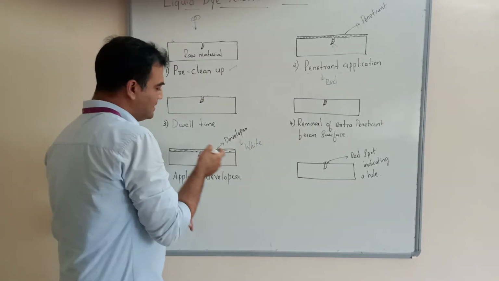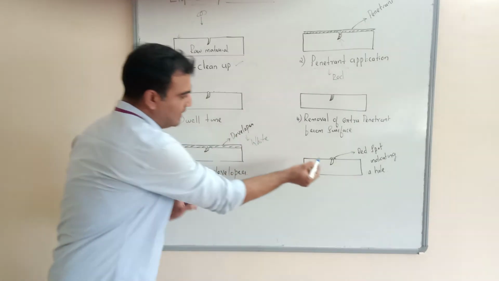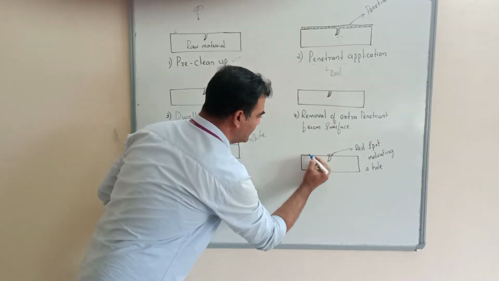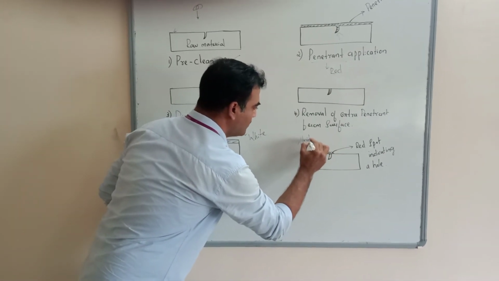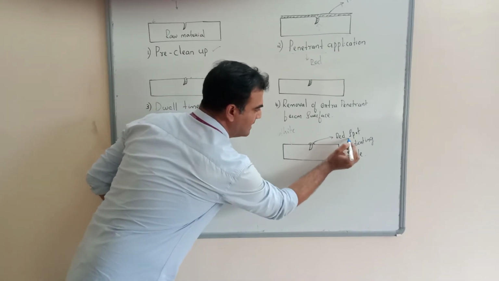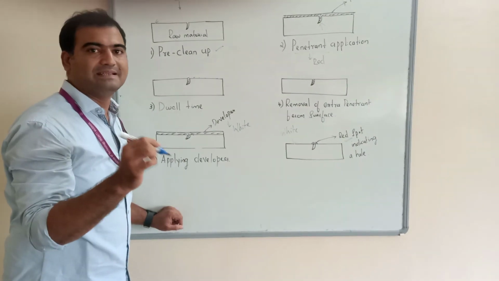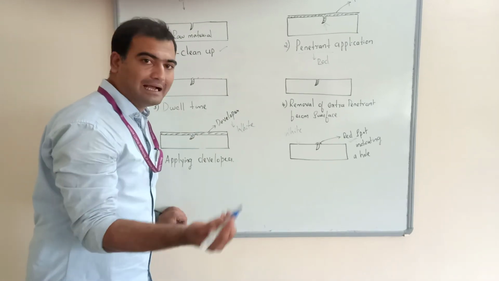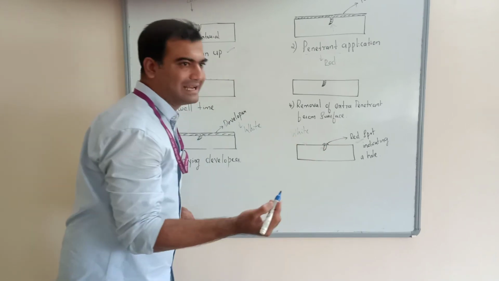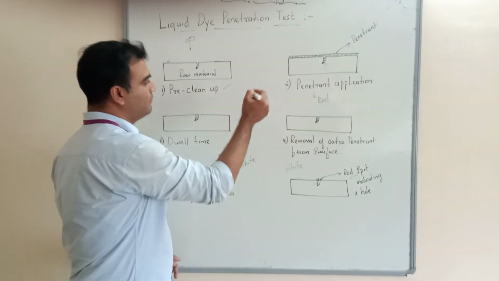So the rest of the surface is white because of the developer, but the spot where the flaw is there appears red in color. That indicates that the surface has a flaw in it. So we can conclude from this that the surface has a hole or a crack on it. In this way we can use the various types of the